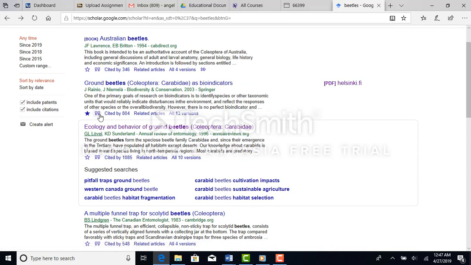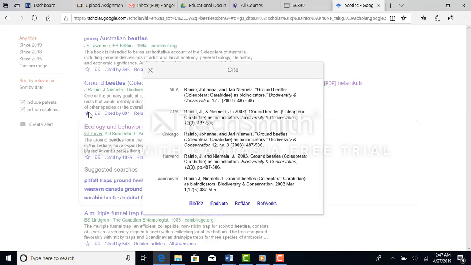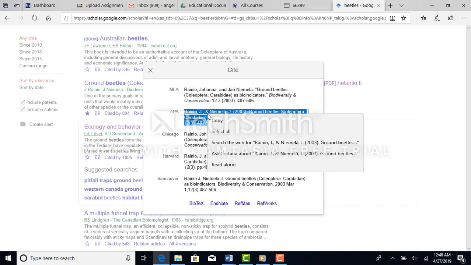The next one here, and this is, I promise, the most amazing thing. I remember whenever one of my first professors showed us this in class, I was so excited because it made things so easy. As you can see, the little icon that pops up says cite. If I click this, the quotation marks here, it's going to pull up and show me how to cite these. A lot of times you're working in APA format, so literally once you have an article, you can highlight it, copy it,